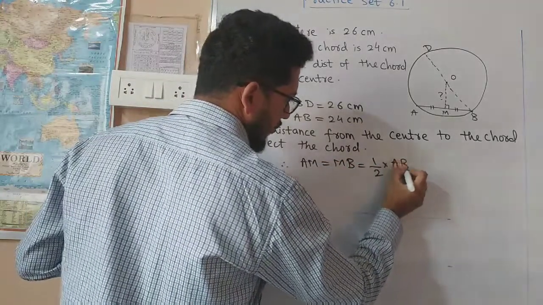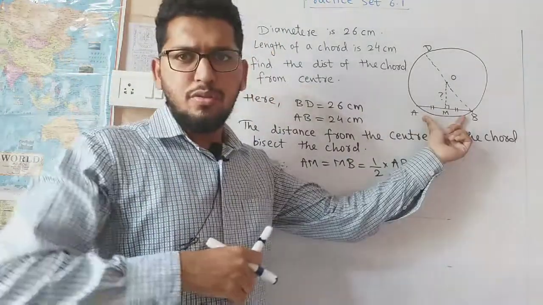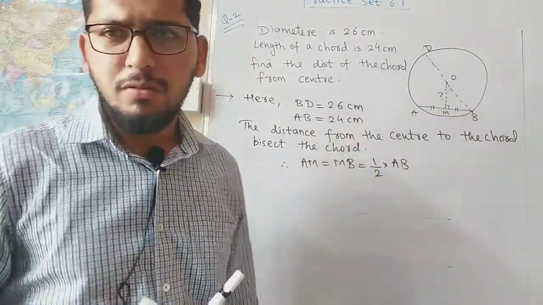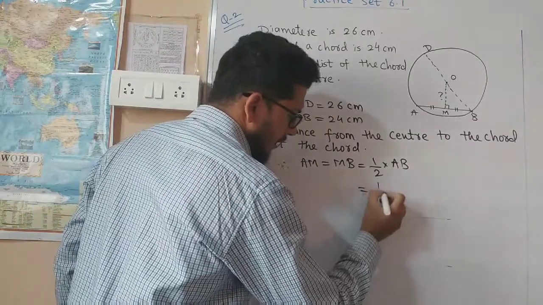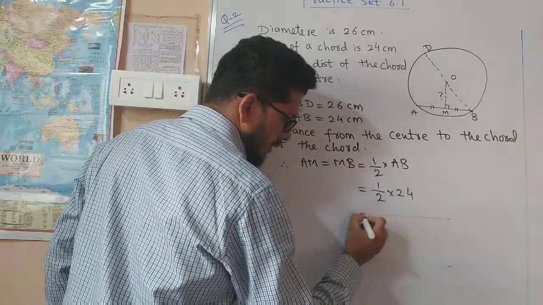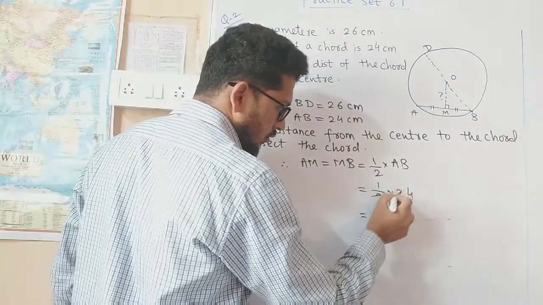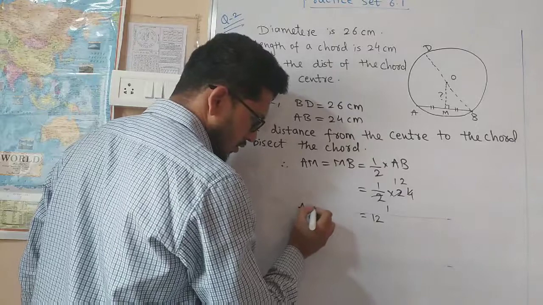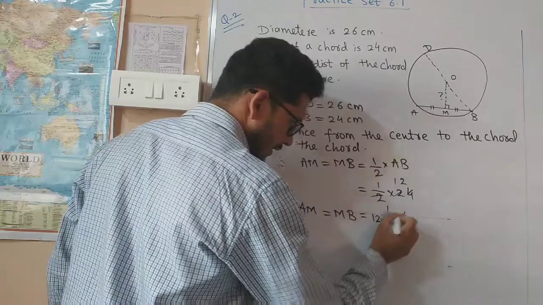हमेशा एक काम याद रखो, जब भी तुमको कॉर्ड का वैल्यू दिया रहेगा तो कॉर्ड को हमेशा AB से डिफाइन करना है, और इसको जो डिवाइड करता है सेगमेंट वो मिड पॉइंट को M से डिफाइन करने का. नोटेशन के लिए बहुत सिंपल हो जाएगा, तो हमेशा मैं यही कंसिडर करता हूँ, तो आप भी यही कंसिडर किया करो. Half same. अब AB का वैल्यू दिया 24, will write here 24. Now you can divide this 24. So will write here 2 1 2, 2 1 2, 2 2 4. What you will get, 12. तो AM is equal to MB is equal to what we have got, 12 centimeter.